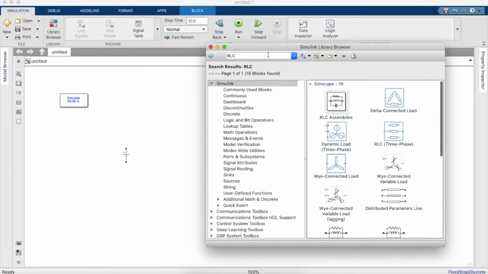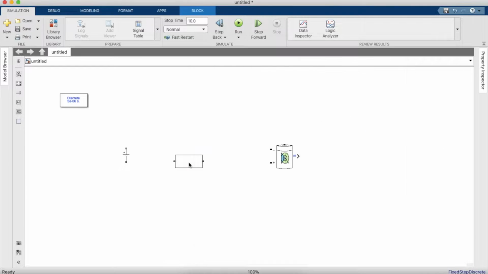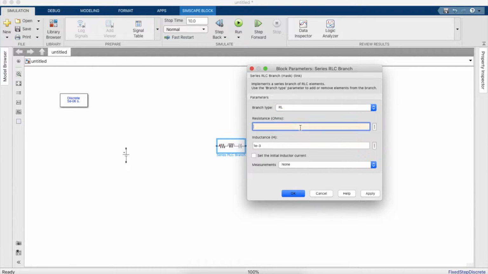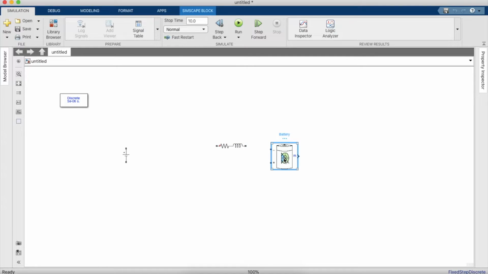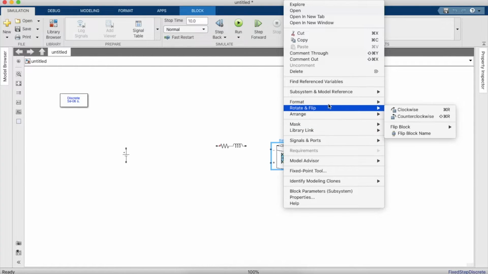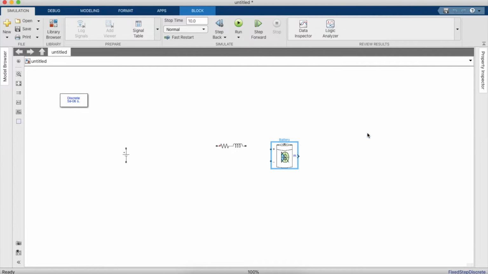Now you'll need an RLC branch, and you will need to convert it to an RL branch. Set the values for resistance and inductance. Apply it and click OK. Make sure these values are the same, and now flip the block so that the positive terminal comes on top and the negative terminal comes below. So connect the positive terminal,